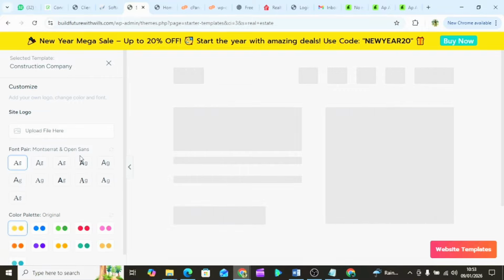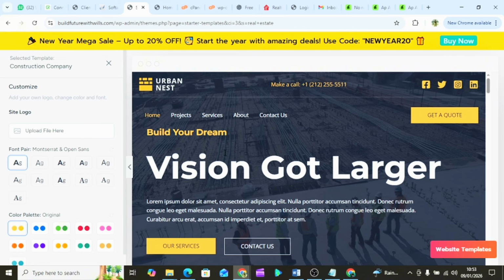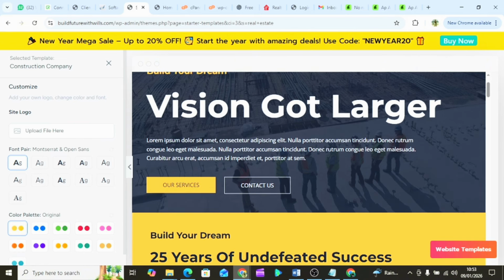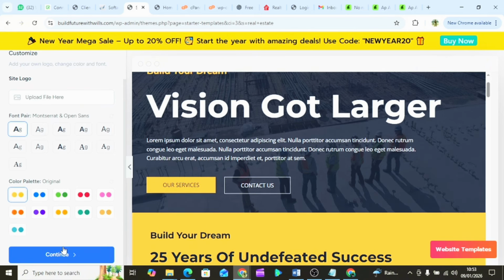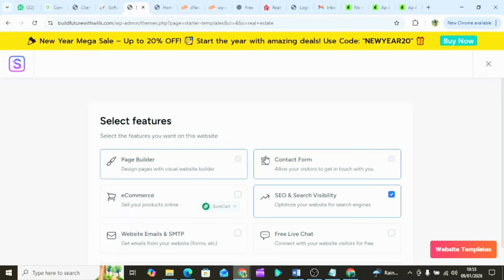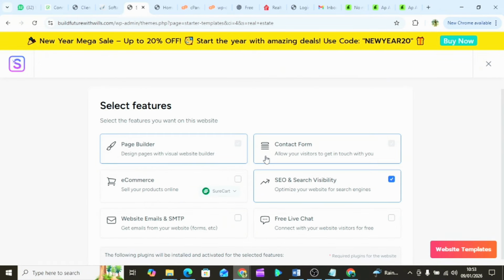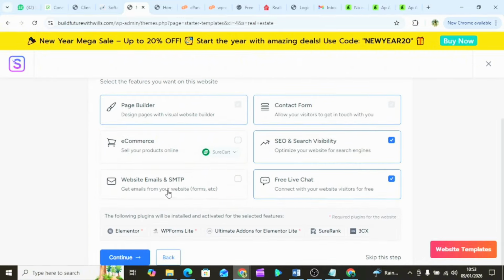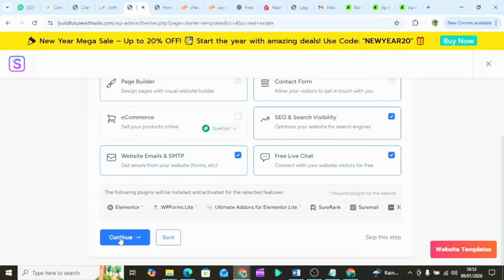it brings you to this page. If you like, you upload your logo from here, but if you like, don't worry about it. You are still going to do it later, right? So all you have to do is scroll down and click on continue. All these things are already here, they are ticked. I would like to tick live chat because I would want live chat on this website. The website emails an SMTP, I'll still choose it. And I'll click on continue,